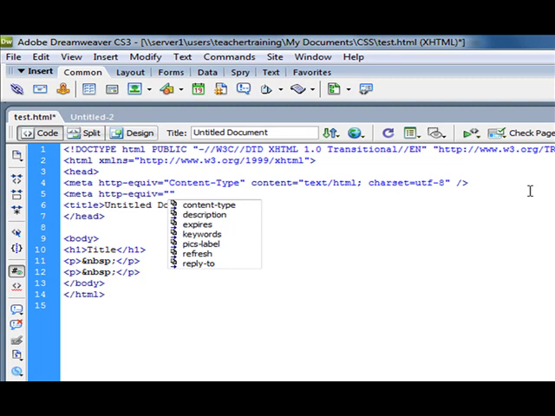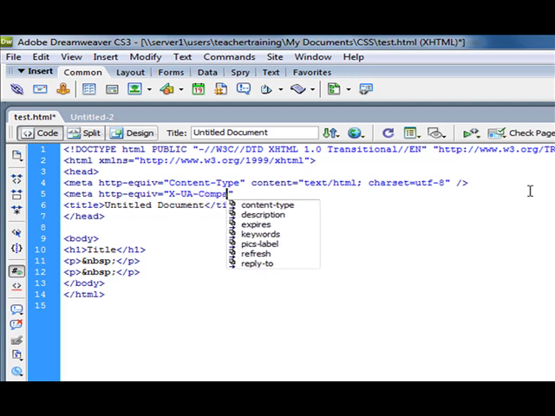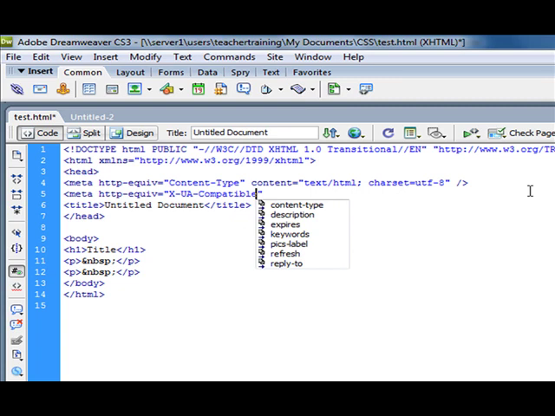So it's an http-equiv, and we then just put equals, and then it's X-UA-Compatible, and then we add a content attribute and we put IE=edge, and then we just close that meta tag. Okay, let's just save that,